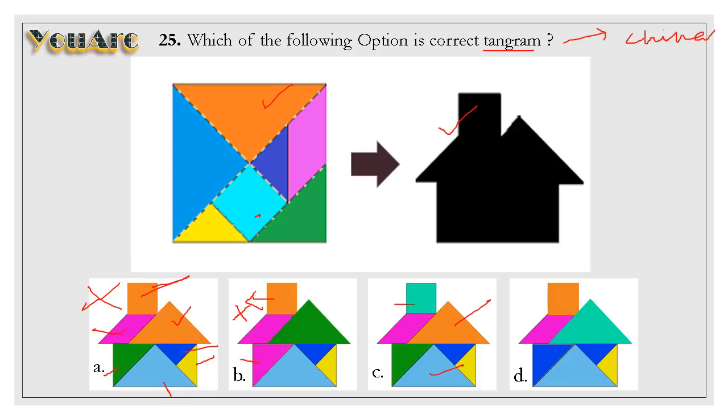Blue triangle is here. Yellow triangle is here. Blue triangle and green one. So all the options are getting matched. Again, let's check this option D. While seeing option D, we have two triangles in dark blue which is not existing here. So definitely the answer will be option C, because these two triangles here in option D we don't have. So definitely option C is the answer.